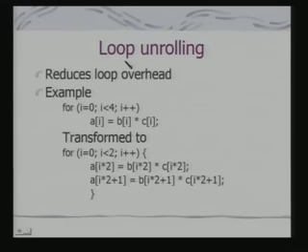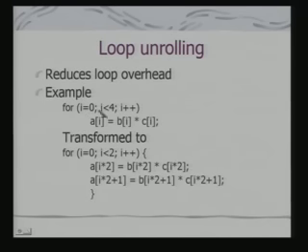The simplest form of this transformation is loop unrolling. Okay. So, this is an example to explain loop unrolling. The objective of loop unrolling is to reduce loop overhead. This is a very simple loop. Now, what is loop overhead?